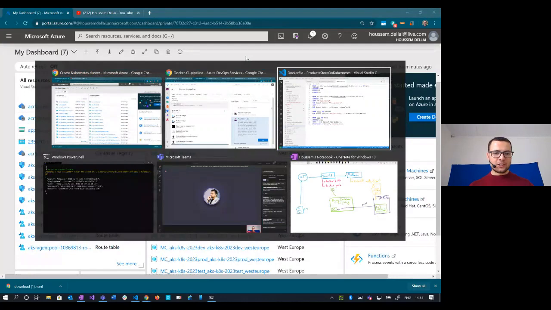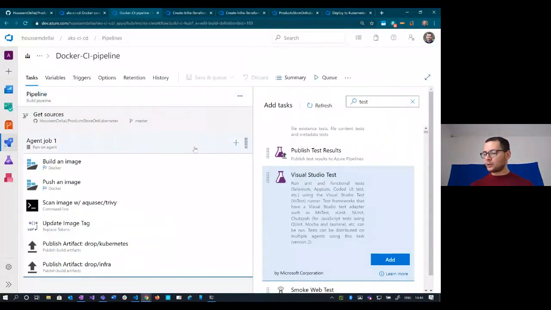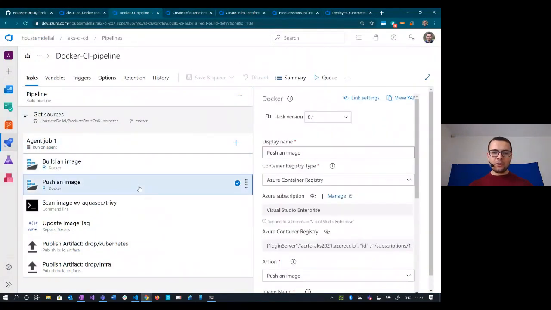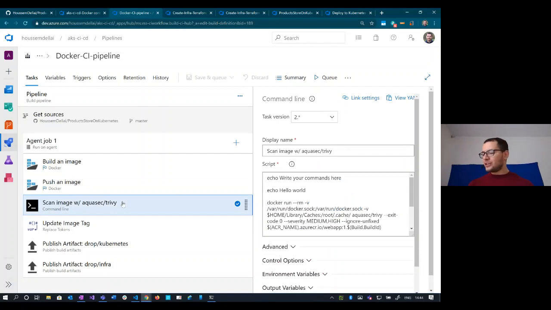Yeah, good. So now we have our image already deployed into the ACR, Azure Container Registry. Now here I've moved to another CI pipeline that I've created before, and here I have added some more steps. By mentioning the tests, the unit tests will test the code itself. But here we are creating a container, an image. So we want to test that image for any